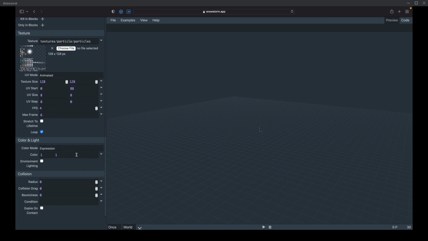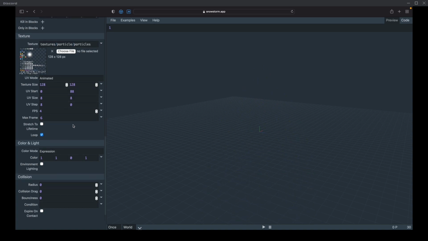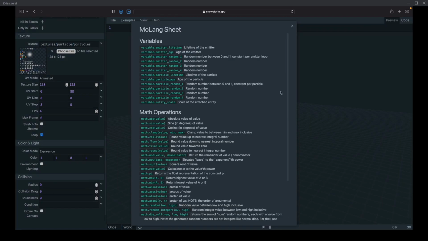It could actually be a pretty good point to introduce variable.particle lifetime. Random? Oh, lifetime? Well, yeah, because... So I think CC will show it in a second here, but there's a whole bunch of Molang. Can you pull up the Molang example sheet? Yeah. So there's a whole bunch of Molang that only exists within particles. And we have hooks into the emitter lifetime and the emitter age and the variable for the particle age.